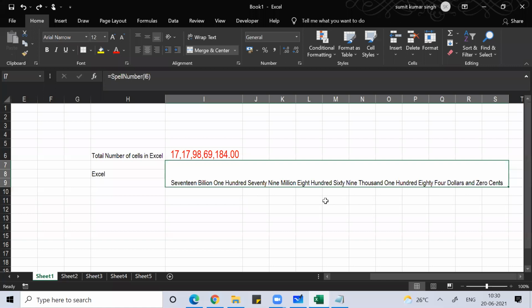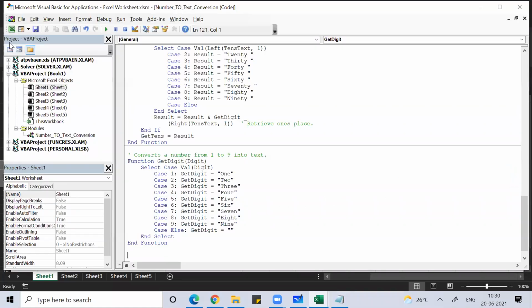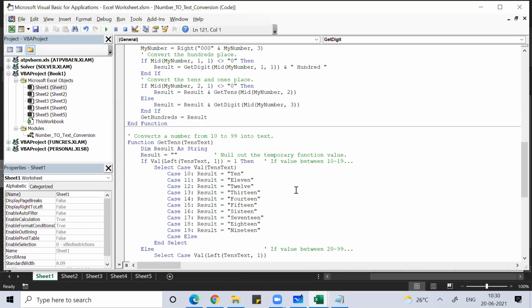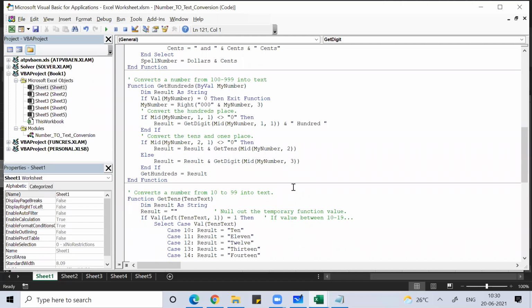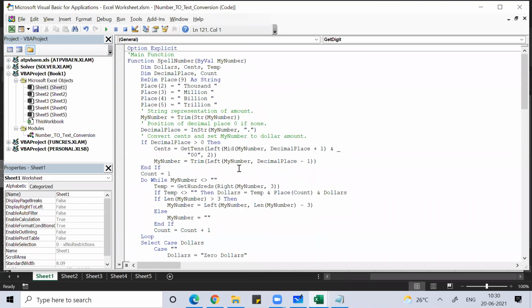That's it. There's no requirement of dollar here. If I go and see Visual Basic, I see this is a spell number code, dim dollar cent temp. So you can see dollar and cent.